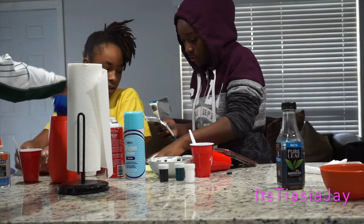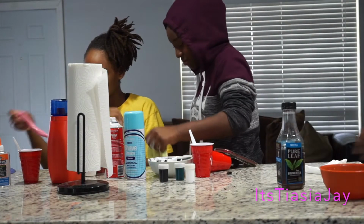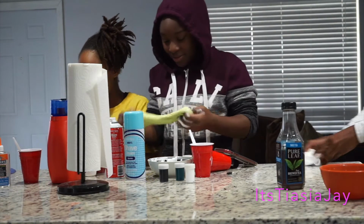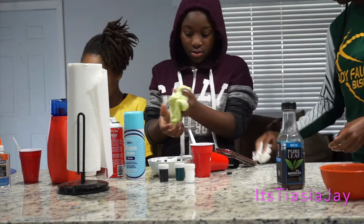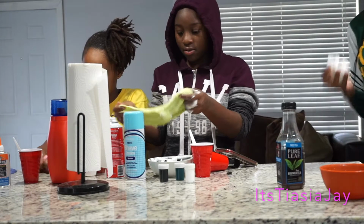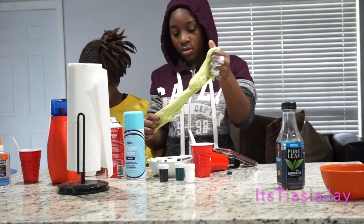That slime's gonna be really. This girl just spun the freaking Hershey's. Nah, this girl done brought the Hershey's in here. Oh, that's on my phone. Well, Nyla's all good, cause